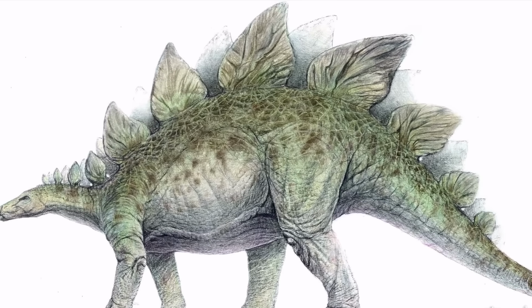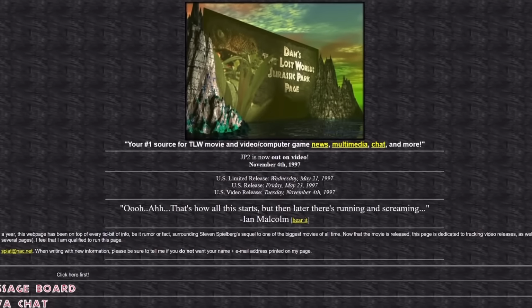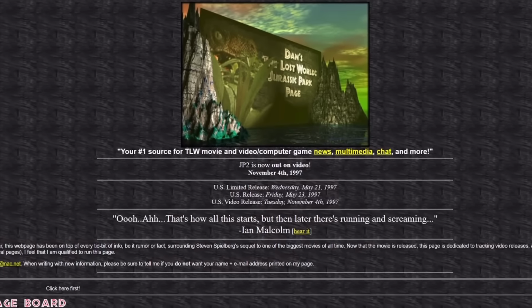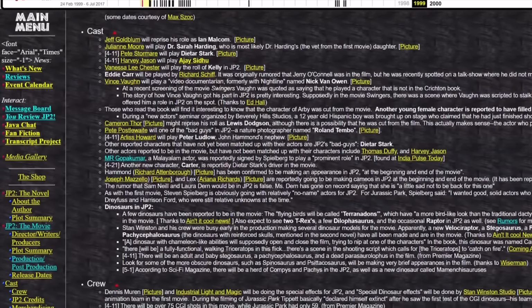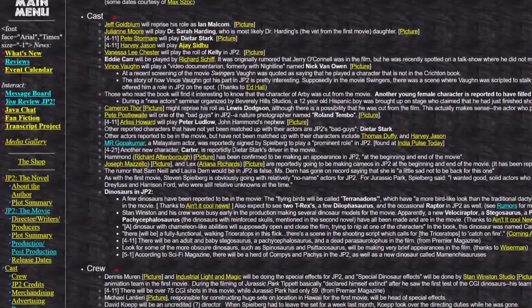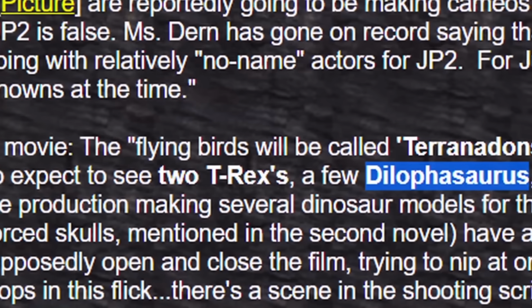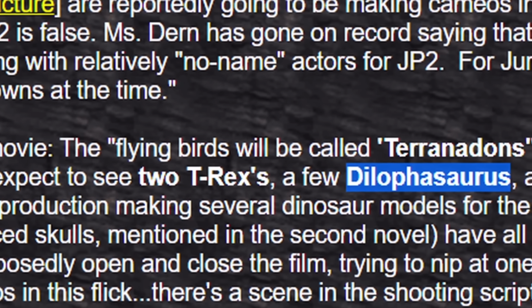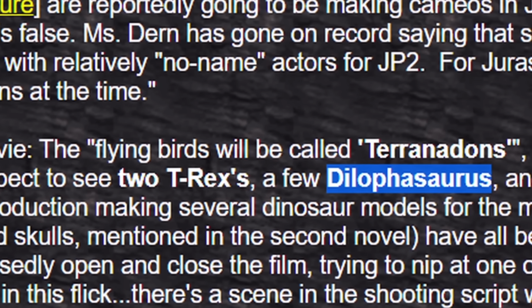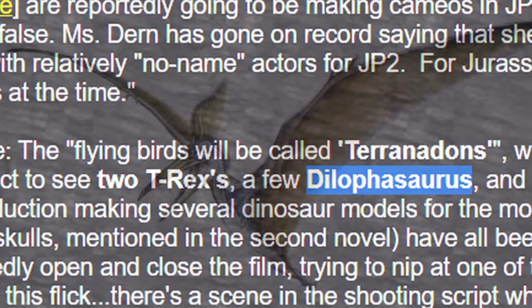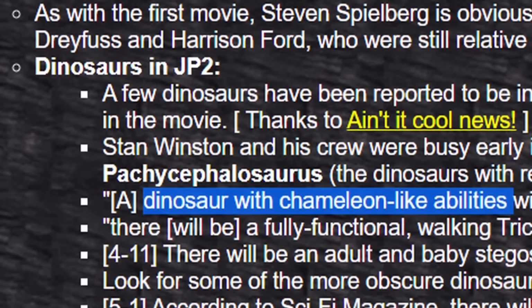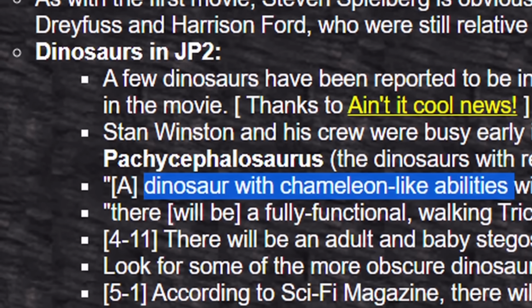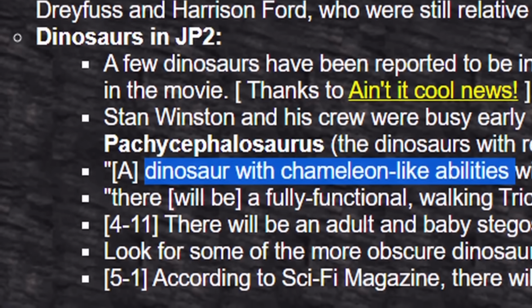Now, back when this movie was getting made, believe it or not, a popular fan website known as Dan's Lost World page was actually leaking a ton of rumors about the production of the second film to the public, and believe it or not, a few of them actually did happen to be true. Some of the dinosaurs that they had gotten wind of appearing in the film, like Dilophosaurus or Pteranodon, would of course get cut or downsized, but the mention of a, quote, camouflaging dinosaur actually was something that was outlined and planned to appear in this movie.